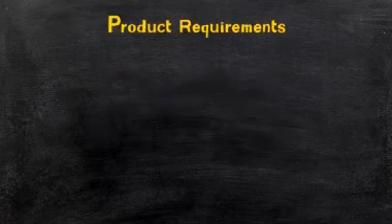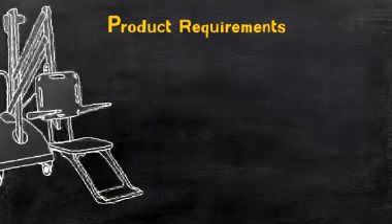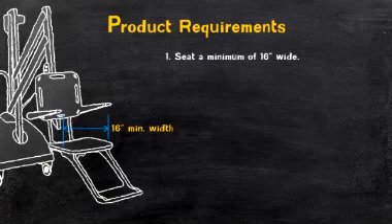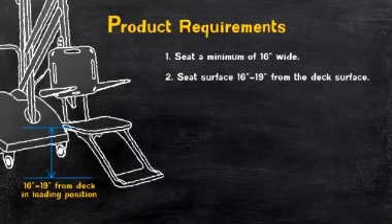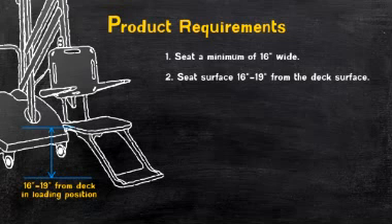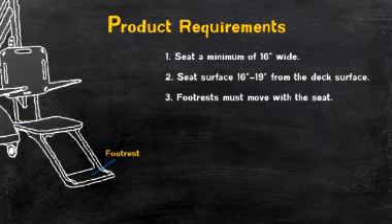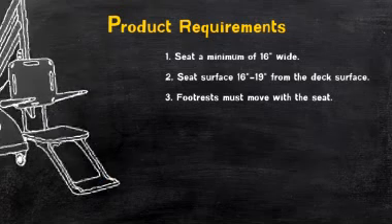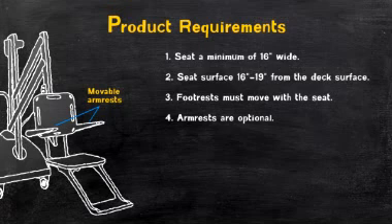Let's look at these requirements a little closer. First, there are the product or P requirements. The seat must be a minimum of 16 inches wide. The seat surface must be between 16 inches and 19 inches from the deck surface. Footrests are required and must move with the seat. Armrests are not required, but if used, the armrest opposite the water must be removed or fold clear of the